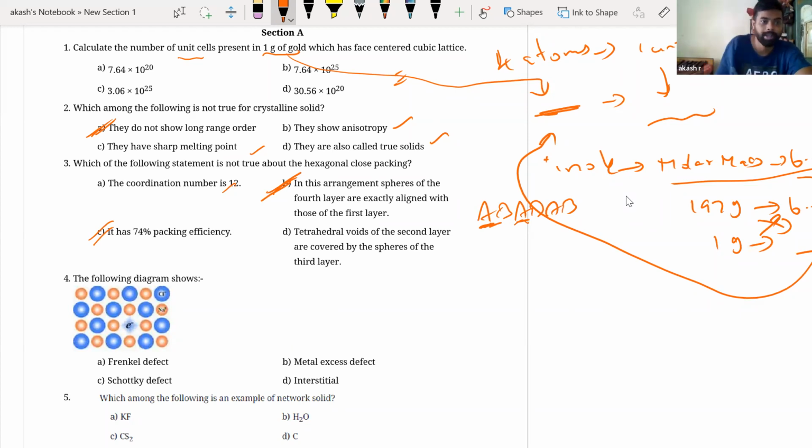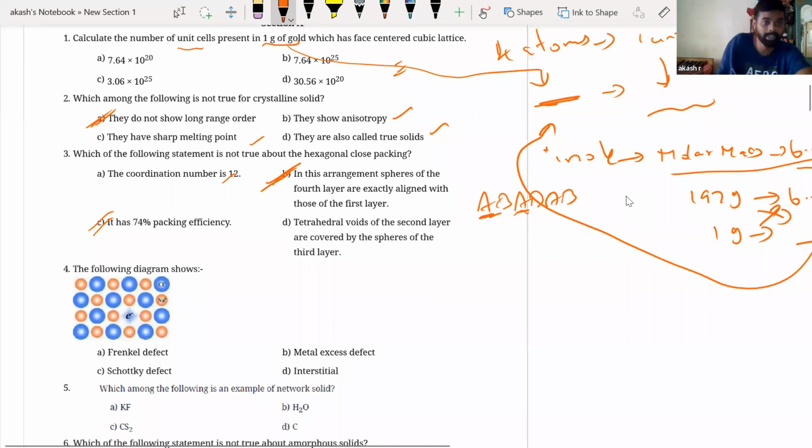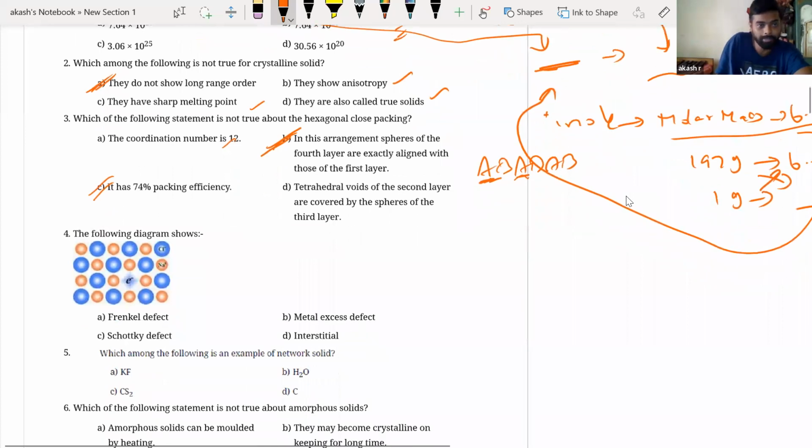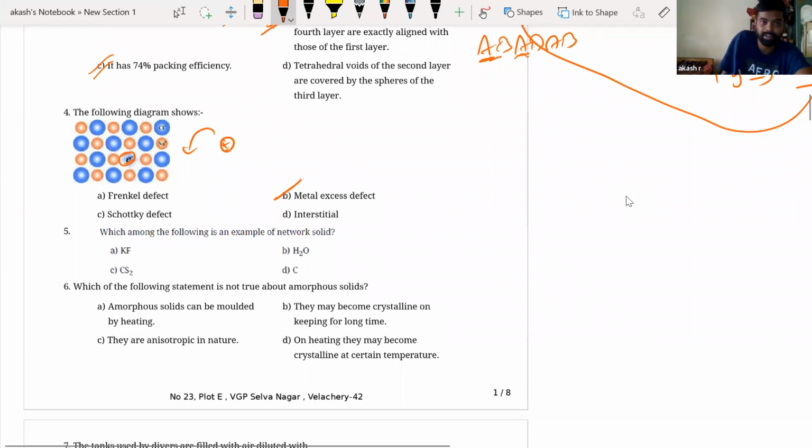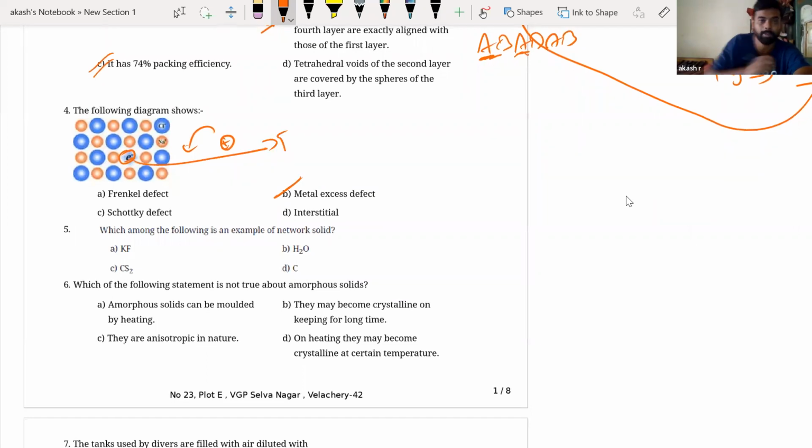Okay, next. The diagram shows what? This should have been an anion, right? But you see that there is an extra electron there. Why does that happen? That happens because you have added more positive ions, so to accommodate it, you have this electron present. So it is a metal excess defect. You have added more metal, that is why the extra electron is coming here. In metal excess defect, this is what is called the F center. If you can remember, people, wherever the electron occupies the lattice point, that is your F center, metal excess defect.